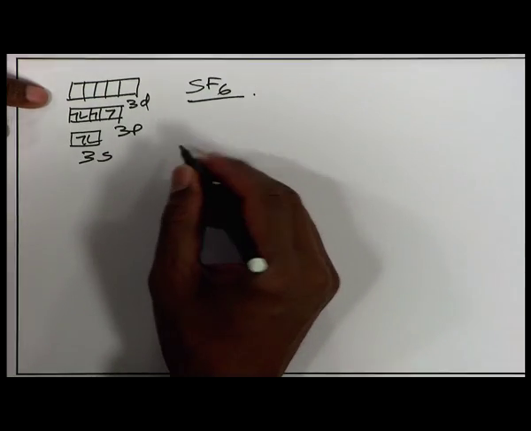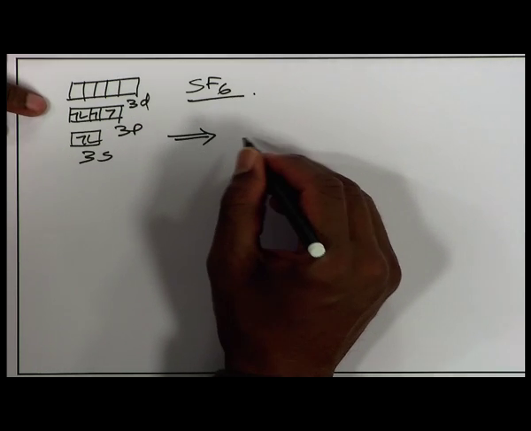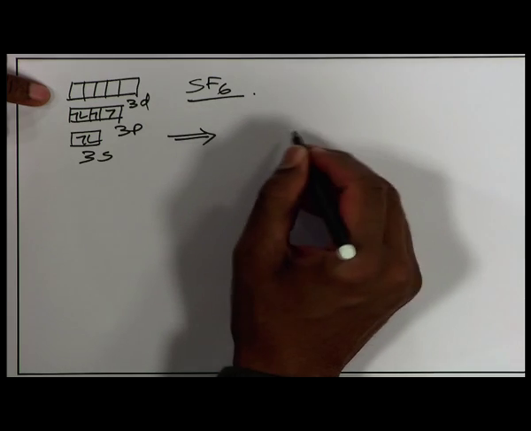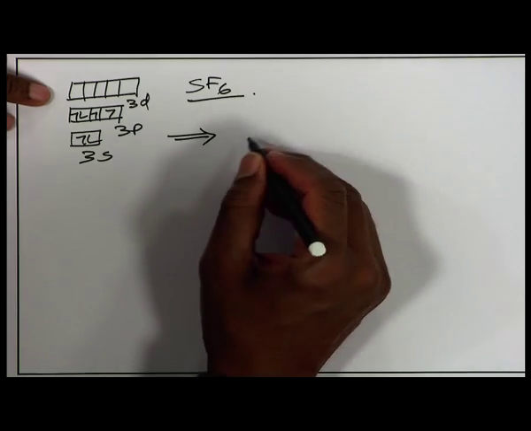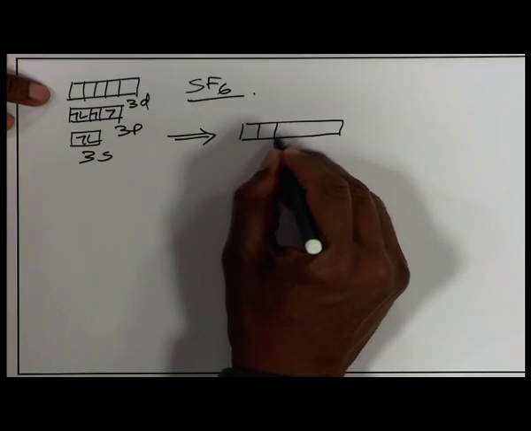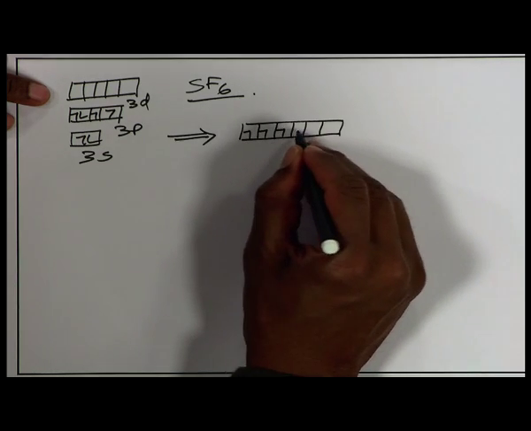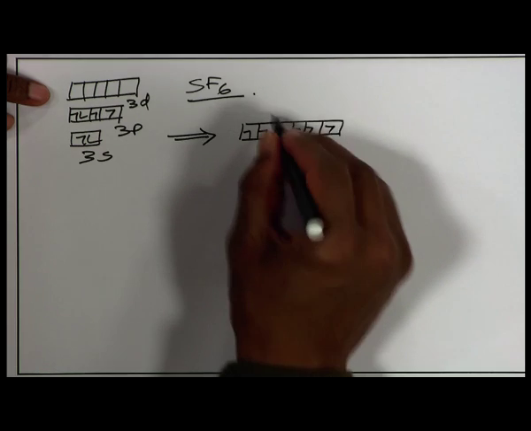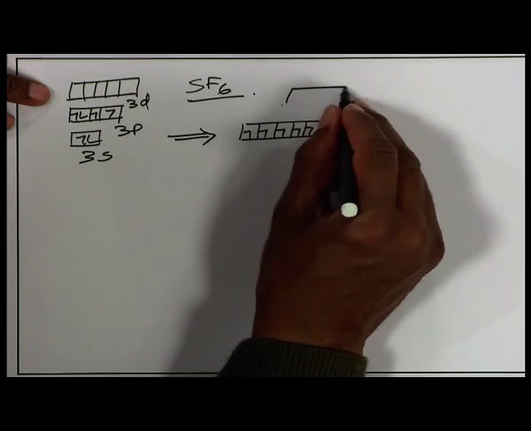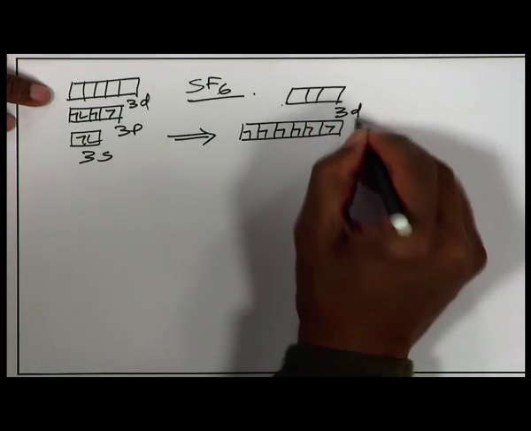So, promotion of electrons followed by hybridization gives 6 equivalent sp3d2 orbitals. 1, 2, 3, 4, 5, 6, with 1 electron in each, and then you are left with 3 unused, unhybridized 3d orbitals,